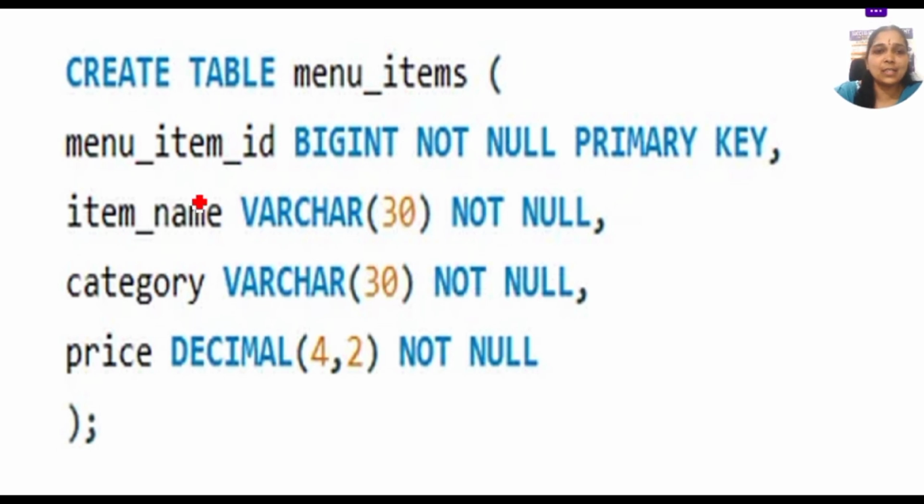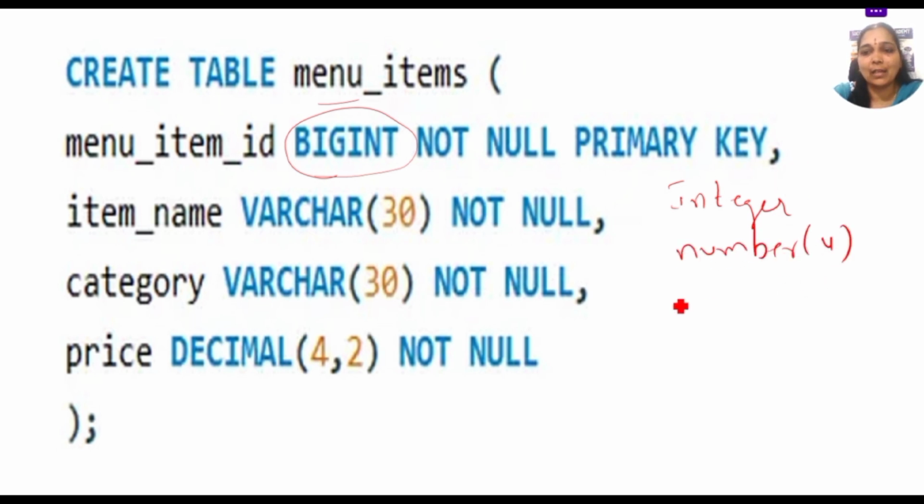Okay. First, create the table which is called menu items. Here, I'm including some newer data types. Instead of number, you can write bigint or integer. Try to modify and update yourself in SQL. Generally we write NUMBER of something. If you are not comfortable with bigint, you can go for NUMBER with a width. It's no problem, but try to use the new things.